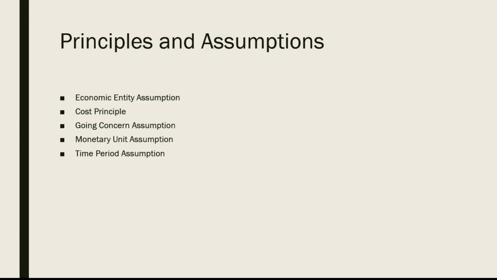Okay, the next principle is the conservatism principle. Now, we've kind of gotten away from this, but you may hear this still in some talk as you go through the accounting profession. Conservatism basically states that you are going to record information in the most conservative way if the numbers are not known. The rule of thought nowadays is not so much about conservatism. It's about being as accurate and reliable as possible, but when accuracy and reliability comes into question, you still err on the side of being conservative.